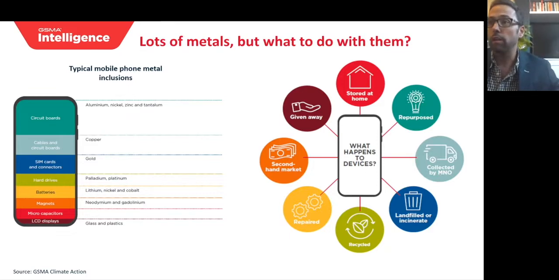But the reality is quite a lot goes to landfill, which is a huge opportunity cost as well as an environmental burden. And what operators are looking to do more with their device suppliers is increase the share into these other avenues, particularly in the refurbished and recycled, as well as repair areas where uptake rates are quite low. We can go to the